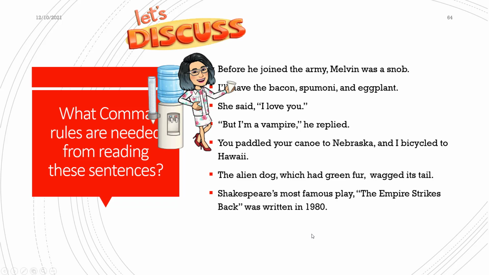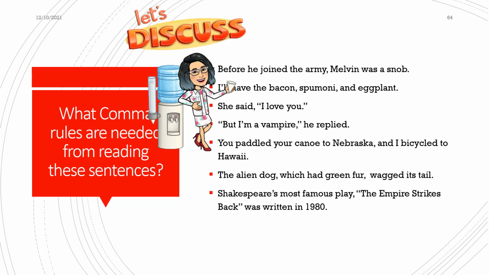Before he joined the army, Melvin was a snob. And so, what are the rules? What comma rules are needed for reading these sentences? So when you read these sentences, okay, what comma rule occurs over here? When a dependent clause is at the beginning of the sentence, then you put a comma there. Here we use a comma when we're listing things. Here we use a comma after we say she said, after a dialogue,